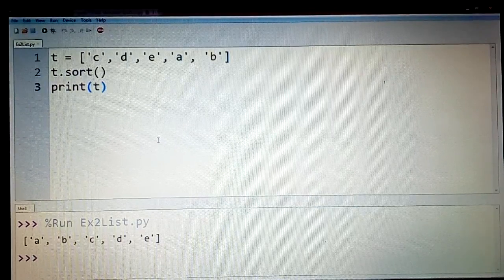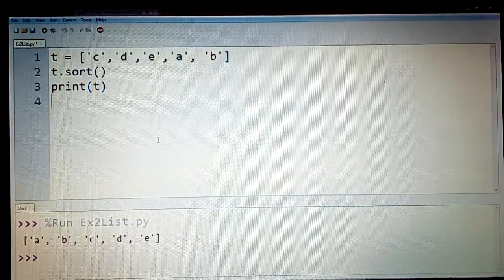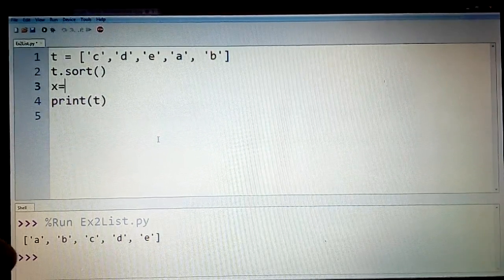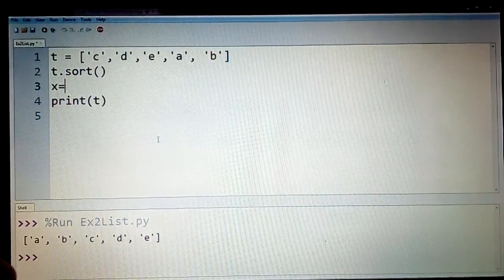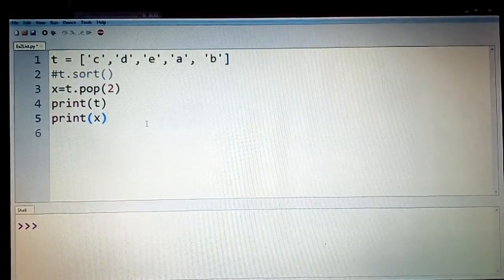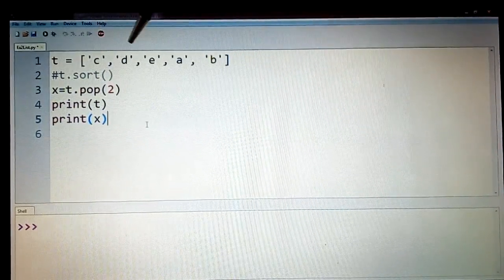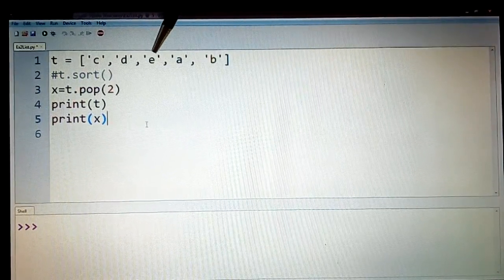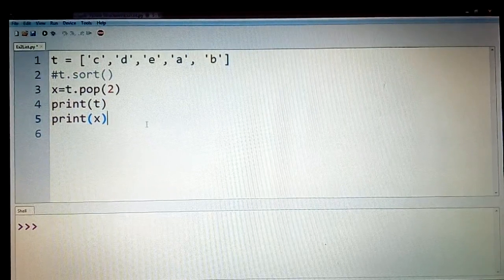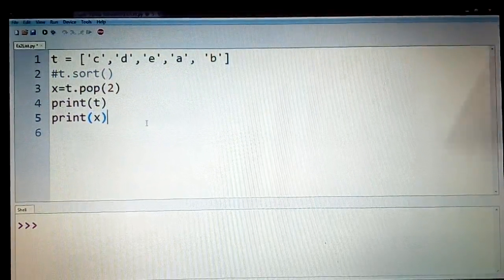Now further I want to apply the other mechanism, that is I want to pop the item. Let us say x equals, let us comment this. So here I have given t dot pop of 2, 0 1 2, so the e element will be deleted and I would be getting a list without e, and similarly I want to see what is the element deleted using x.